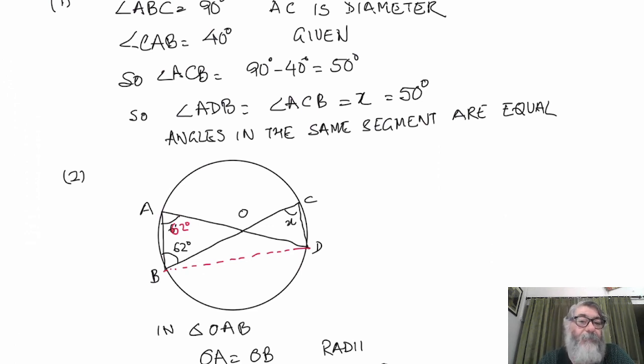And when OAB comes out to be 62 degree, we can say it is angle BAD, because AOD is a straight line. So whether I call it angle BAO or BAD, it is one and the same thing, because AOD is one straight line. So angle BAD will be equal to angle BCD because we call them angles in the same segment. So X comes out to be 62 degree.